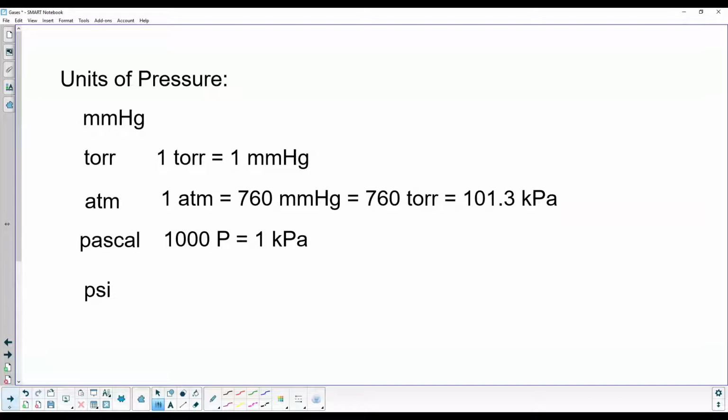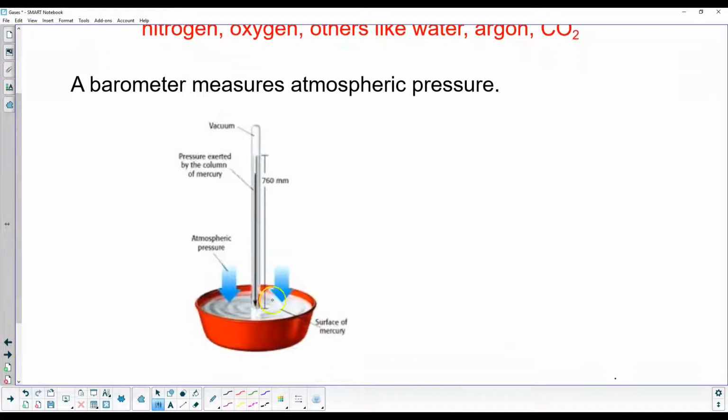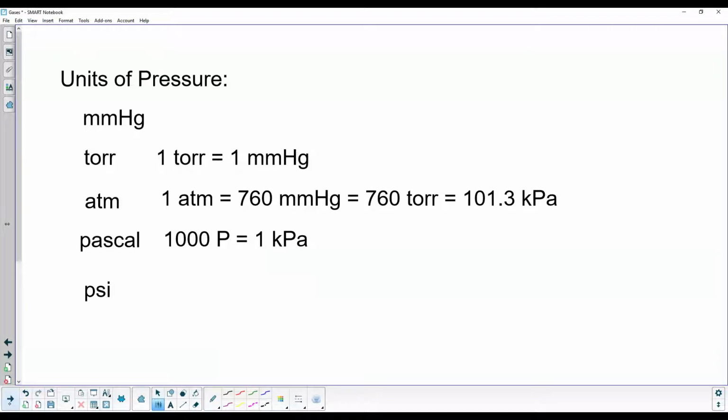These are some different units of pressure. We have millimeters of mercury. If you've ever been to the doctor's office, they take your blood pressure, and that's usually the unit they measure it in. It's exactly what it sounds like: how high of a column of mercury could be supported above a dish, so how many millimeters up this tube it would go. So that's a common pressure unit. Torr is another one. You'll notice torr is the same as a millimeter of mercury. That was named in honor of Torricelli.